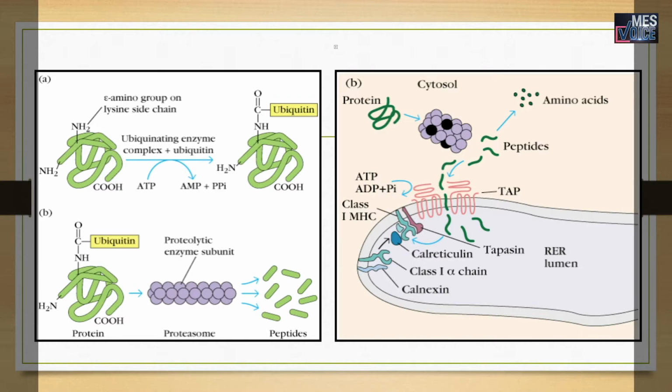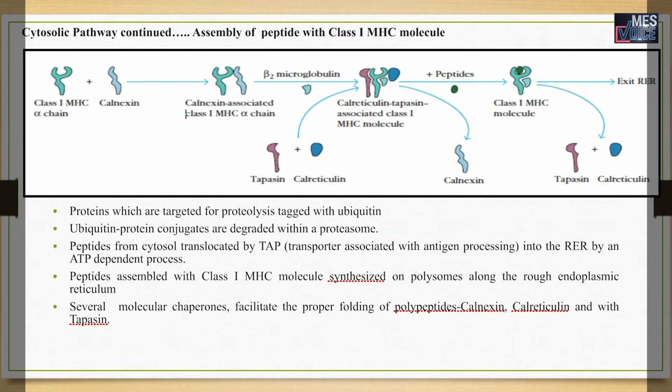they are like mentors, and they assist the proper folding of the class 1 MHC molecule, and also ensure that proper binding of the antigenic peptide will happen on the antigen binding cleft of class 1 MHC molecule. Now, let us see the assembly of peptide with class 1 MHC molecule. The molecular chaperones are involved. The first molecular chaperone that associates is